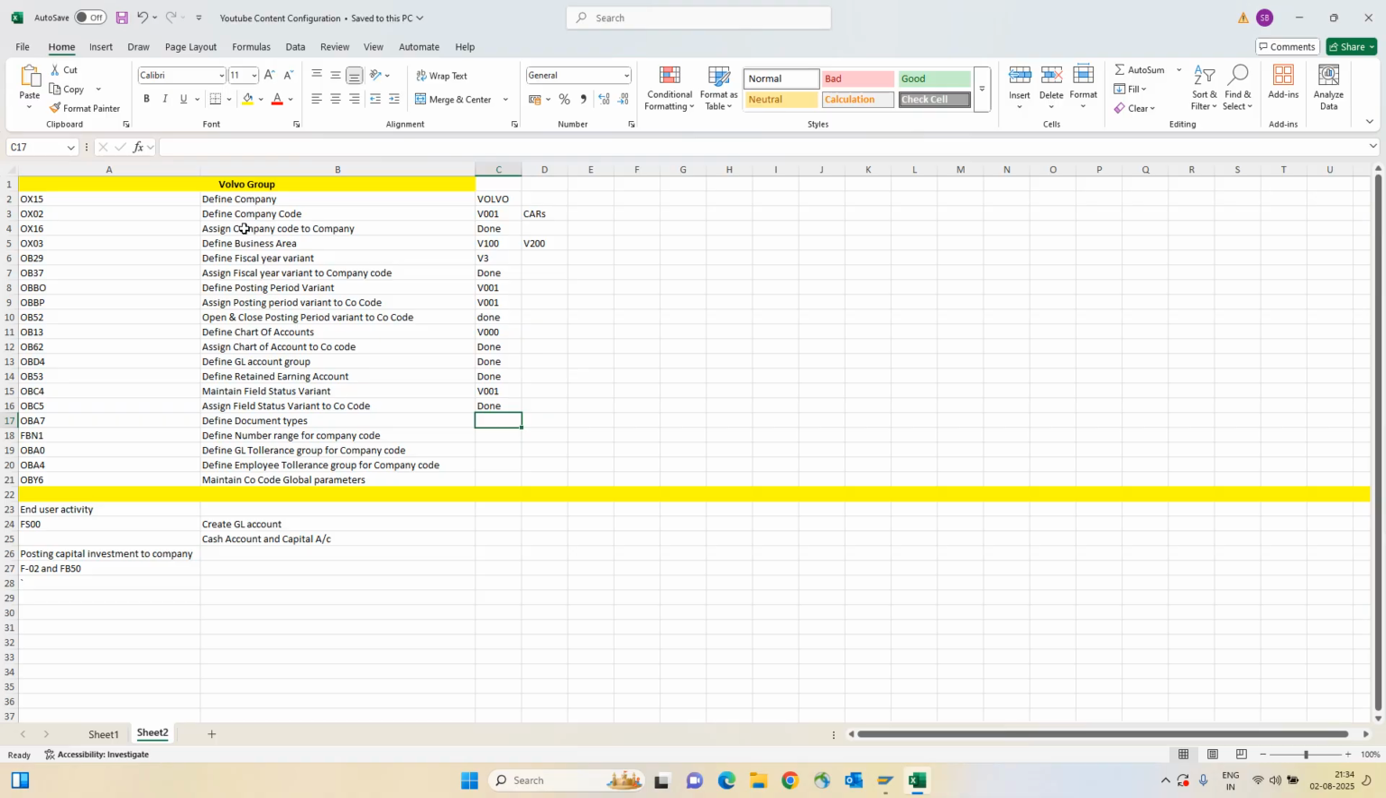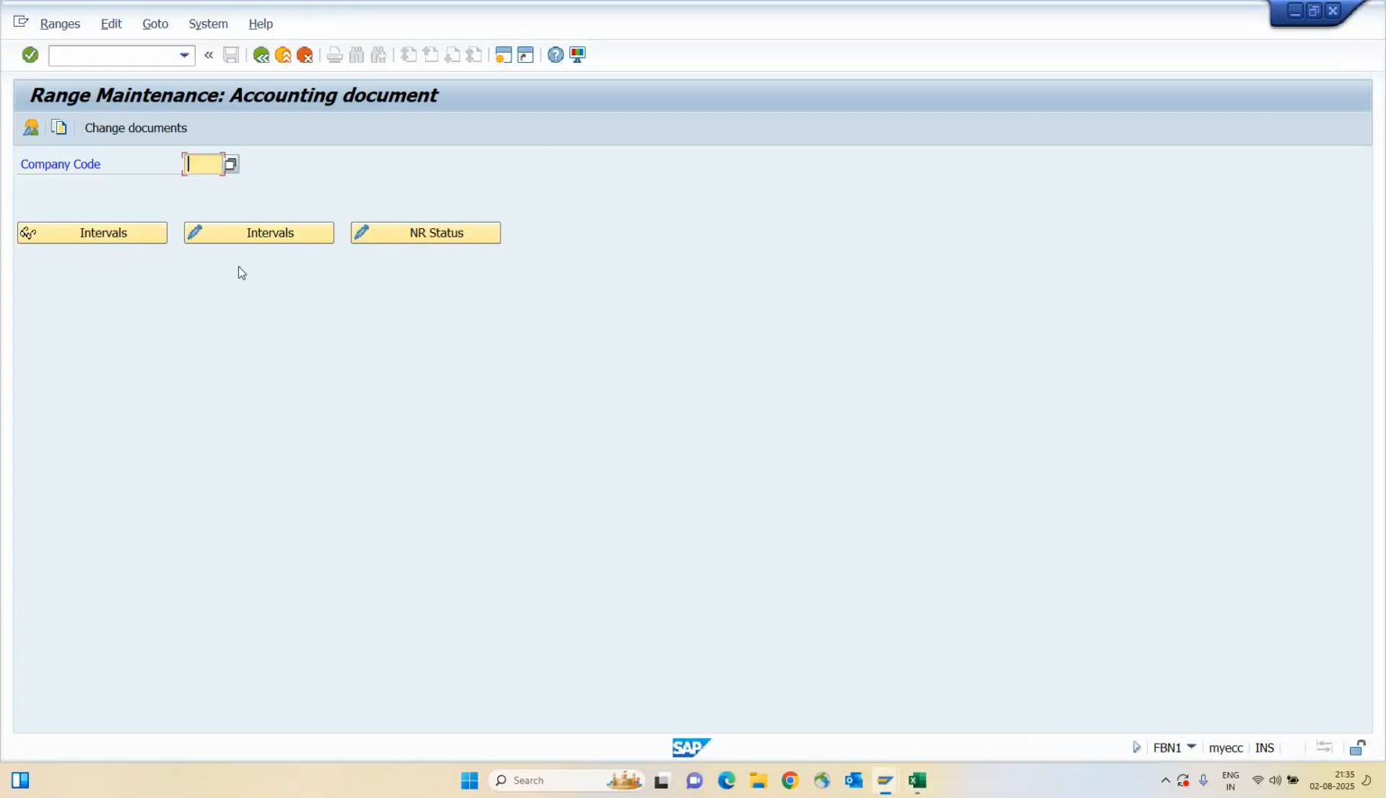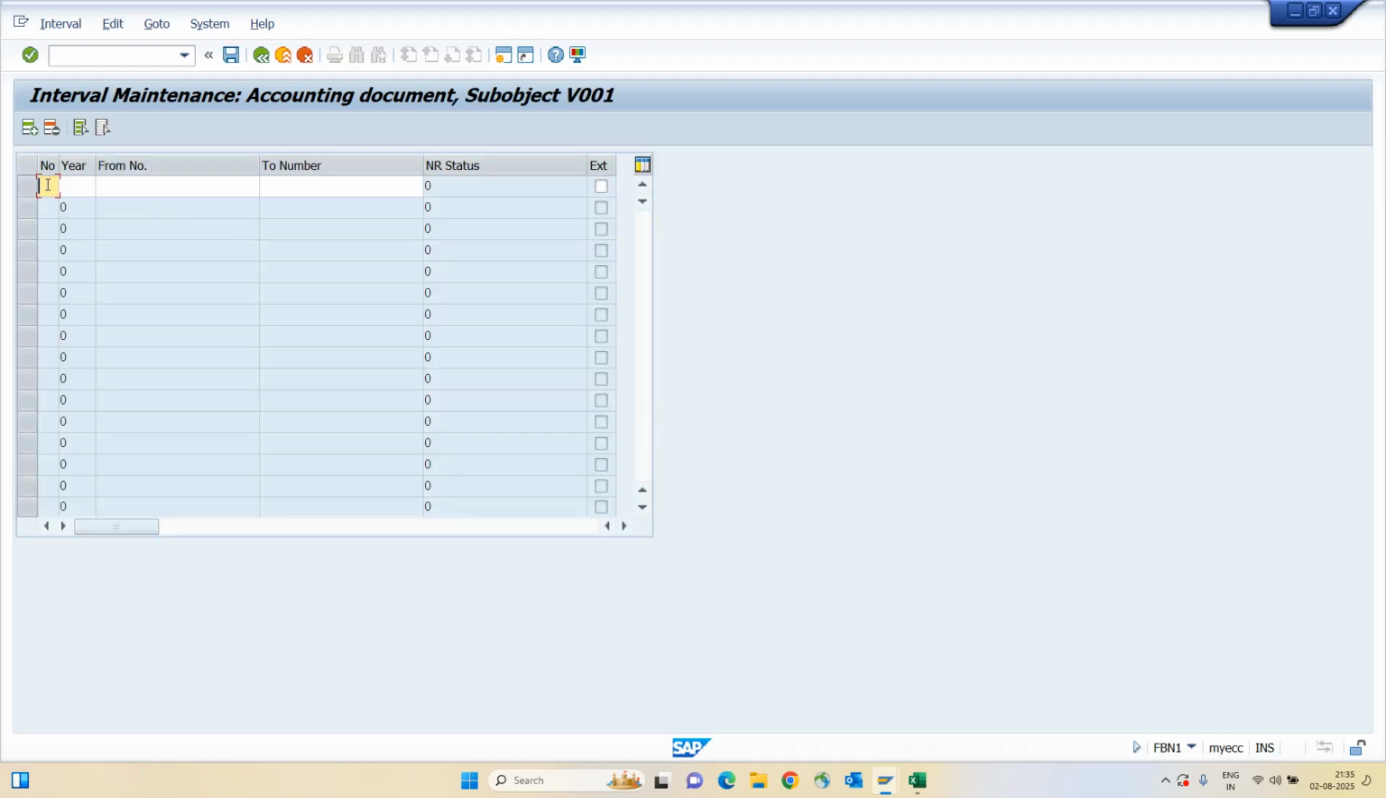So this step is just for information. The next step is FBN1, where we have to create a number range for your company code. Go to FBN1, and you can either create your own for your company code. My company code is V001. If you go to change interval, you have to enter the number range,